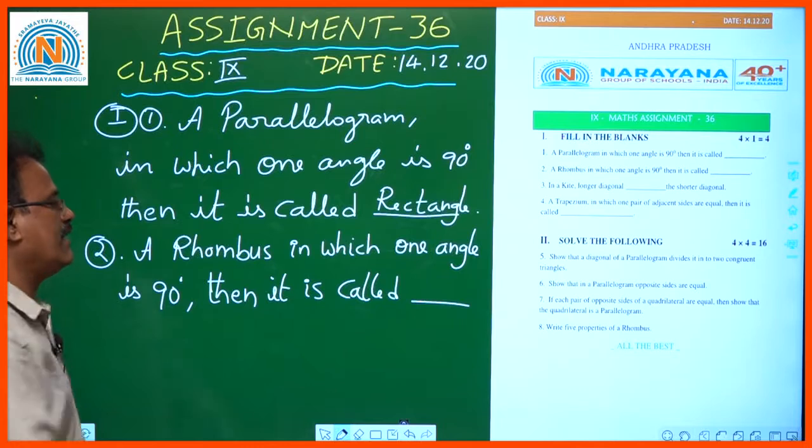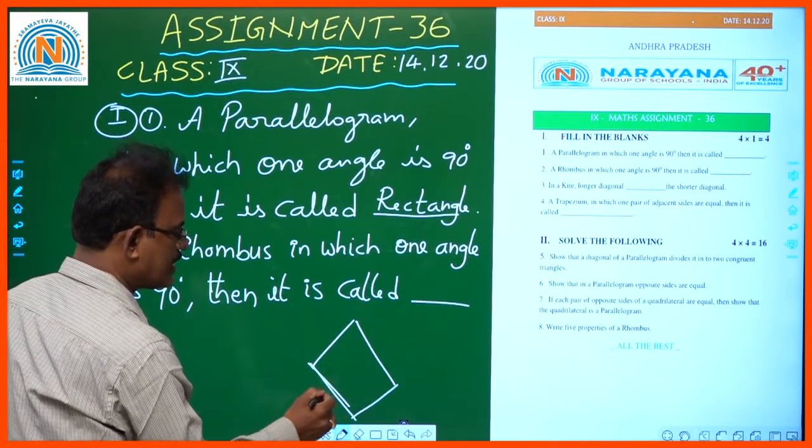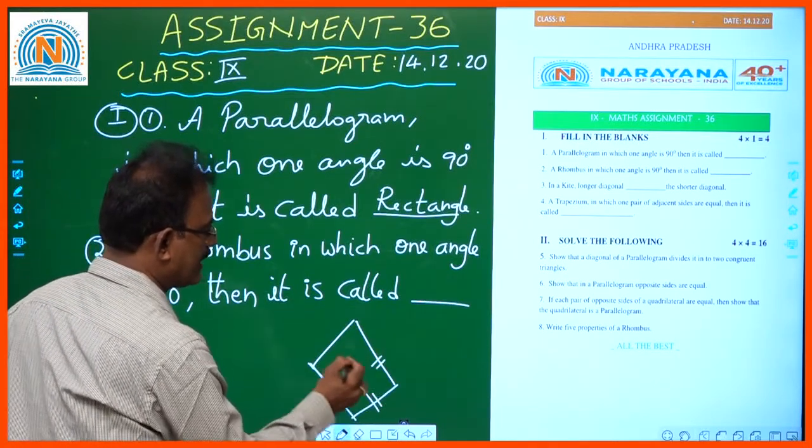See children, whenever you consider a rhombus, you know that in a rhombus all sides are equal, diagonals are not equal,